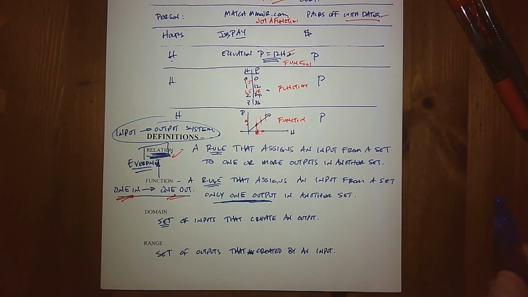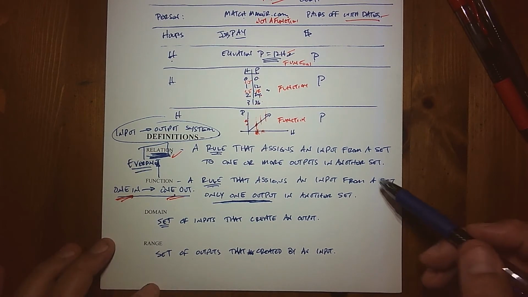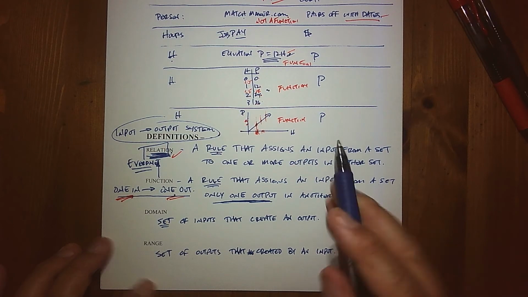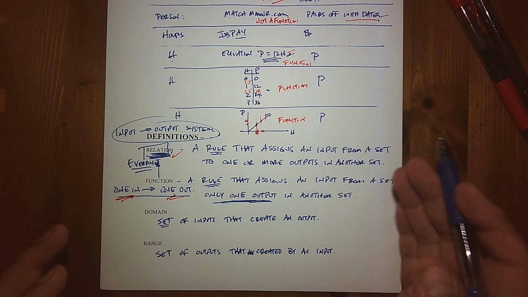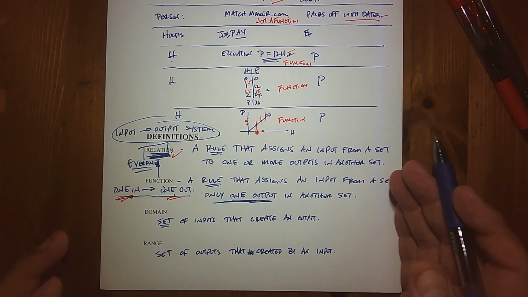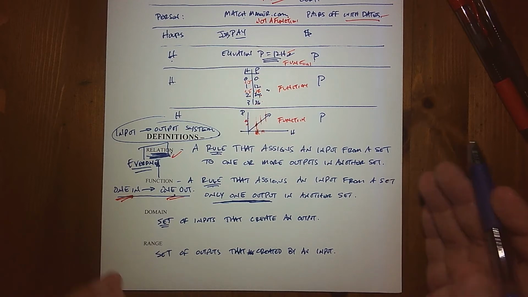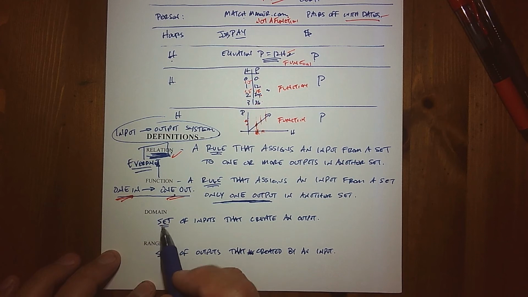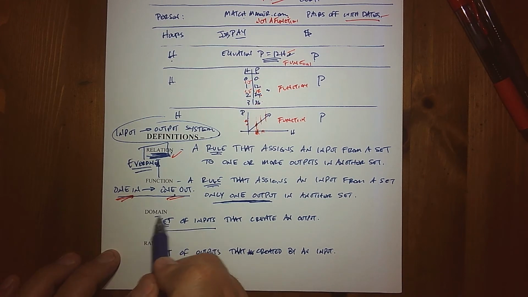Okay, so now that we know what relations and functions are and how to test for them, it's basically, again, one thing in, one thing out. Let's talk a little bit more about the sets that they're putting together, right? So for every rule, for every relation or function, there's a set of inputs and there's a set of outputs. And they actually have names. So the set of inputs are what we call domain, and the set of outputs, right, are what we call